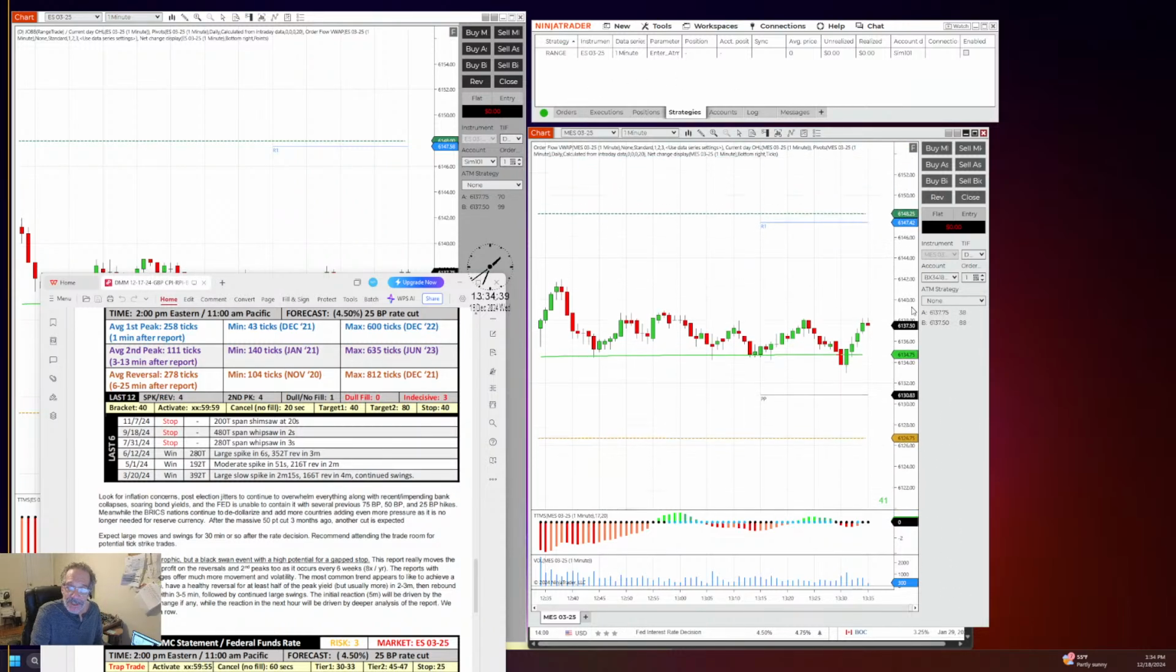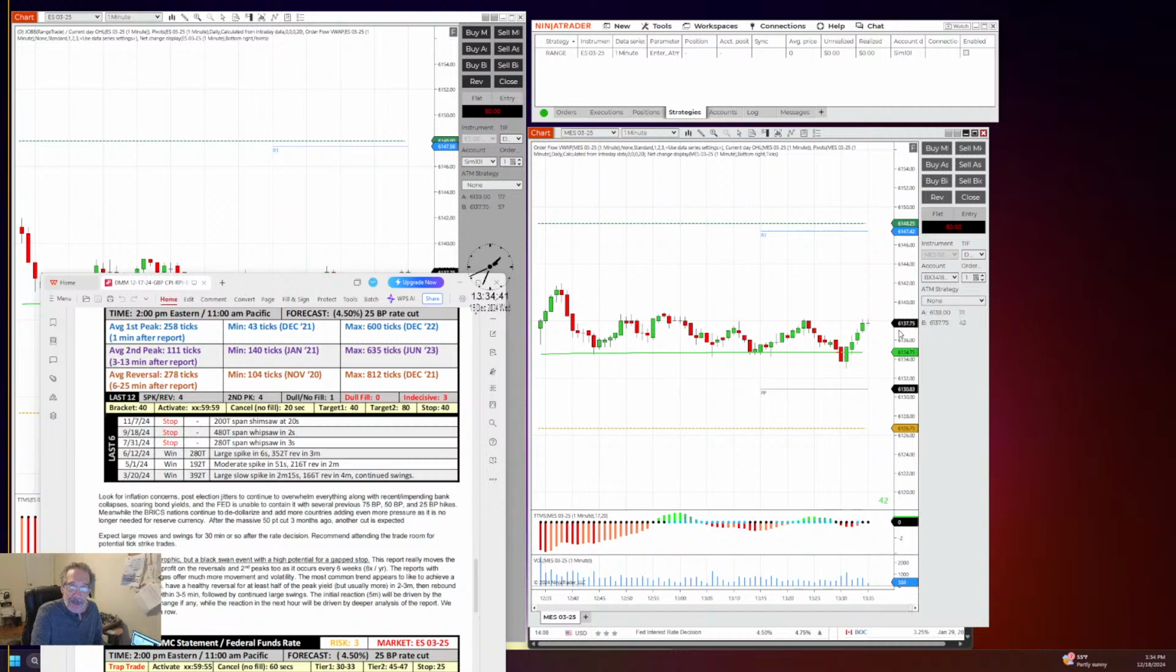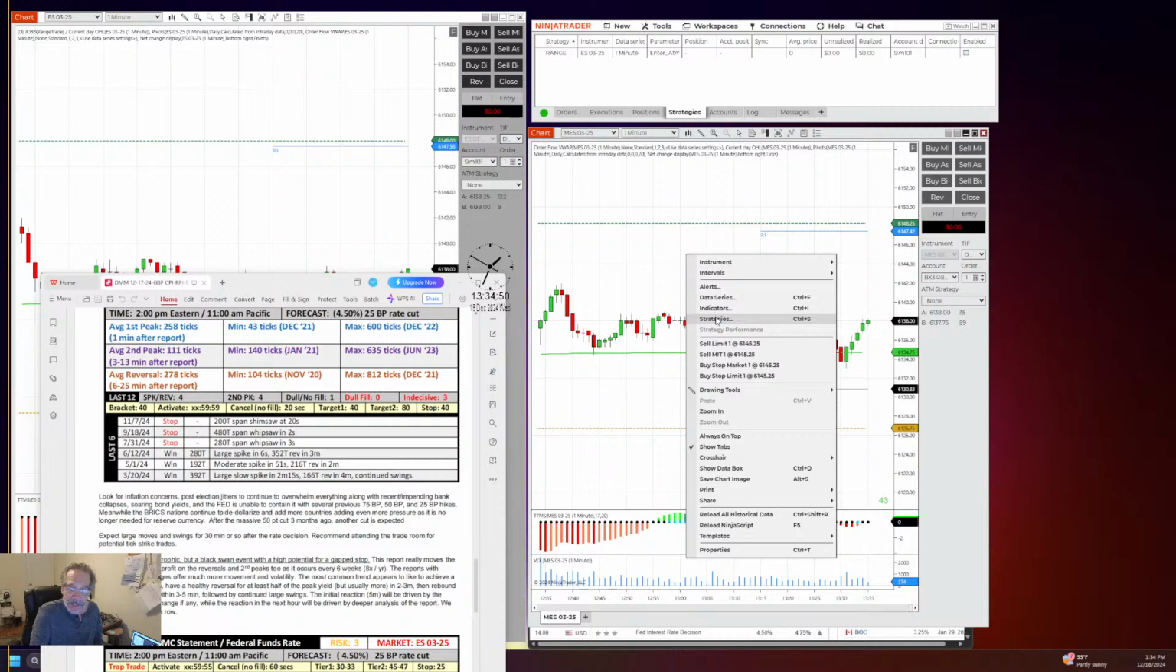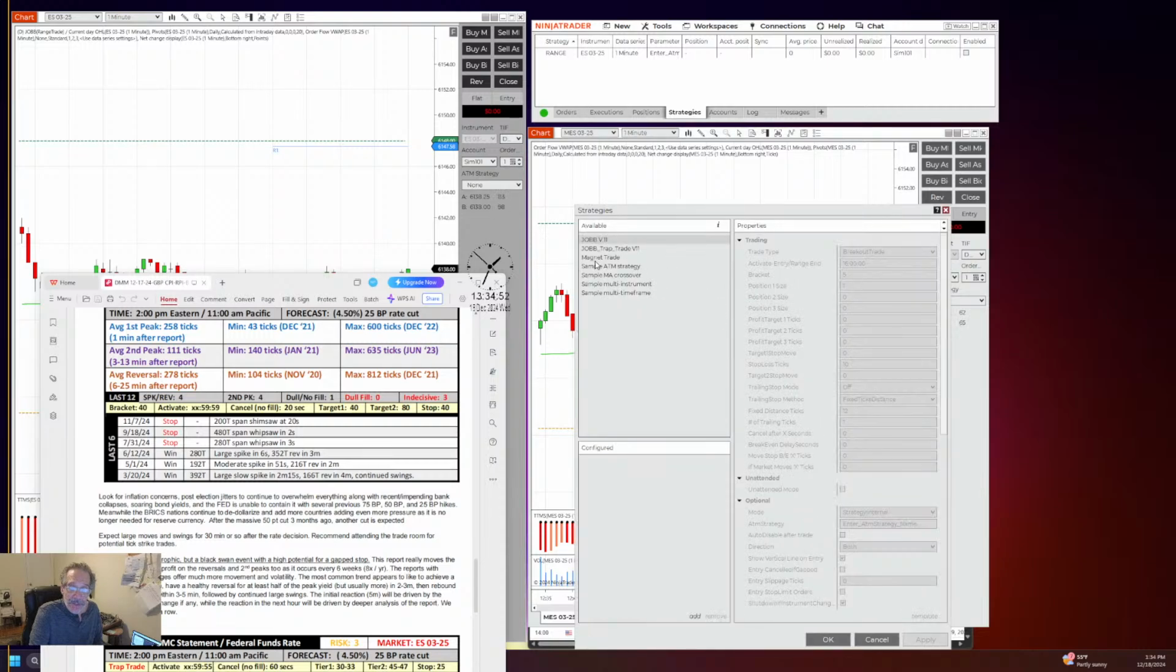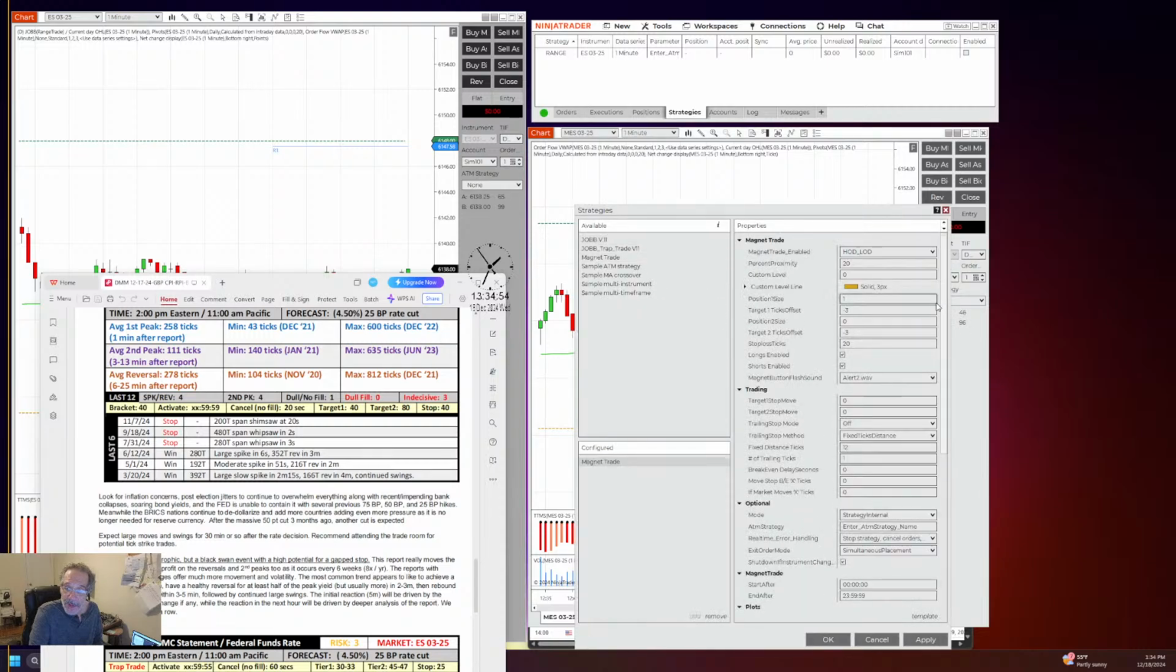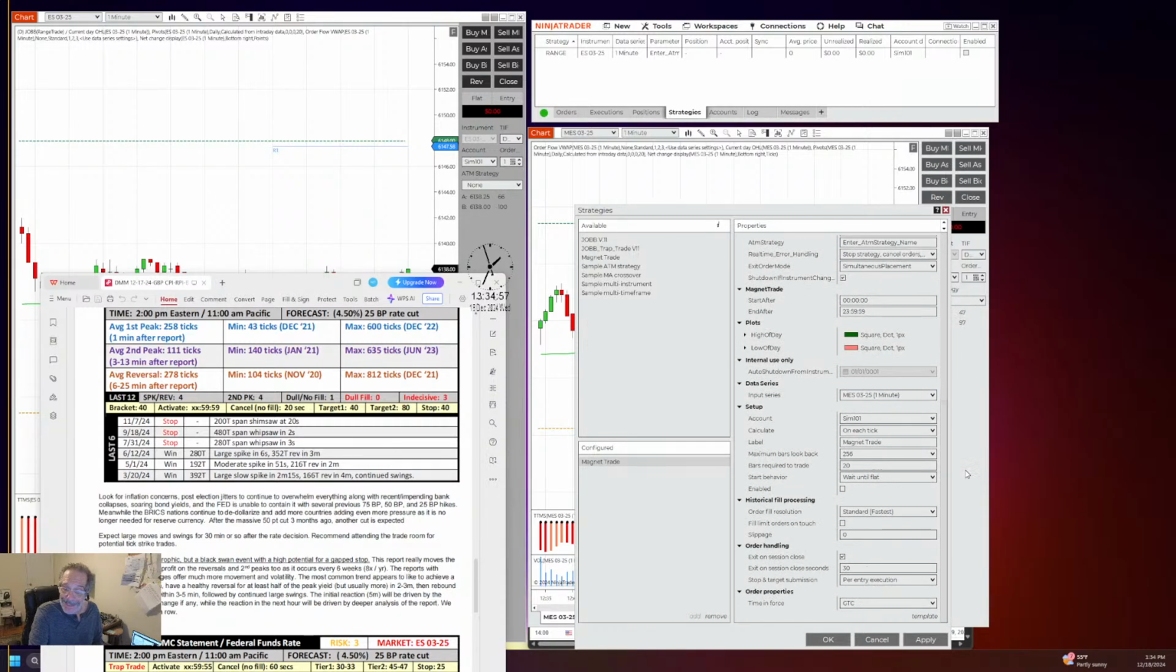And I'm actually going to set up, just for fun, a magnet trade on the MES. So on my right hand chart, I'm going to right click, click strategies, click the magnet trade, scroll down and label it